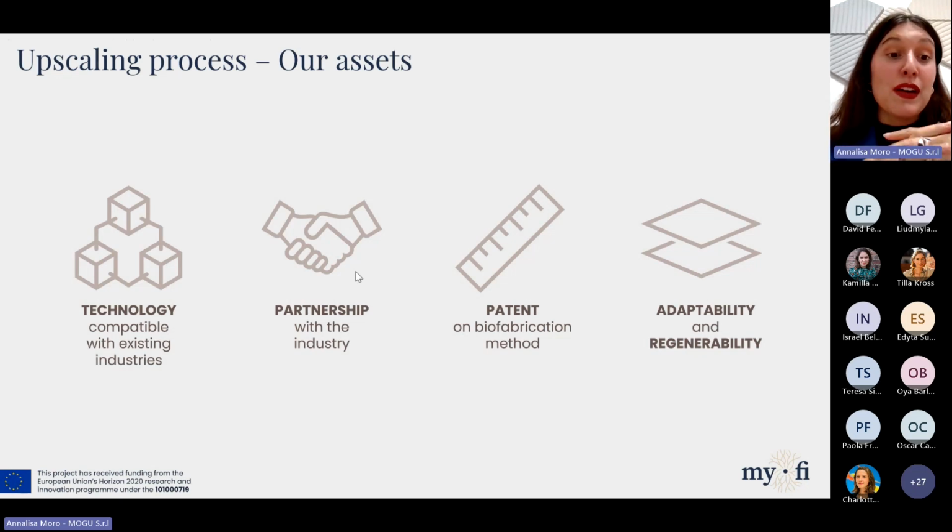We have partnerships with the industry, in particular with tanneries, but also with the fashion industry, that are supporting us to scale up and go to the market. Of course, we have know-how that is patented, and we have two patents on the biofabrication method. And what is also important is that our process is adaptable and also regenerative, in the sense that our material can grow